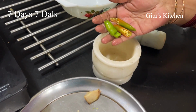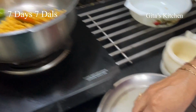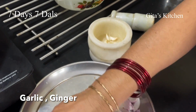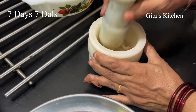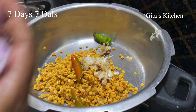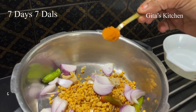I have taken 2 green chilies, slit them, we'll just add it to that. And here I have 4 cloves of garlic and a small piece of ginger. We'll just coarsely pound it. This crushed ginger and garlic. Also I have roughly sliced 1 onion. I'll add that too. Add some turmeric powder